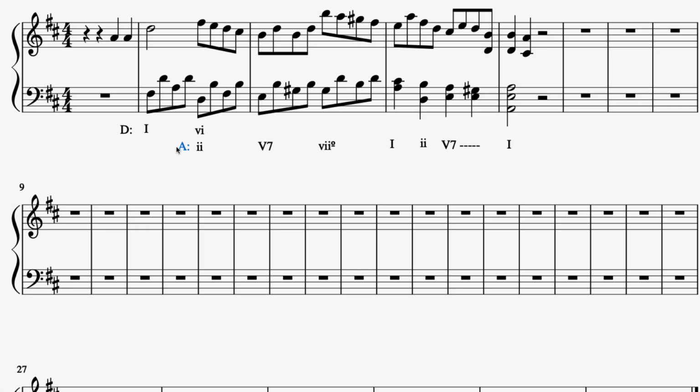Okay, let's talk about finding pivot chords between a minor key and its relative major. So we want to go, for example, from A minor and we modulate to C major. Now, this is trickier than it sounds because